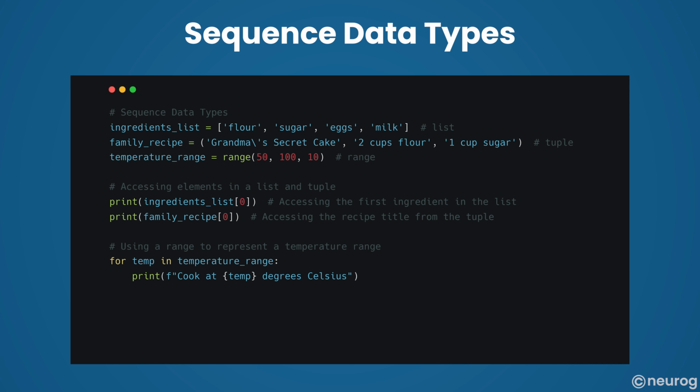Now let's explore sequence data types using a Python example. We create an ingredients list as a list containing various ingredients and a family recipe as a tuple representing a secret cake recipe. We also have temperature range defined as a range. You can access elements in a list and tuple, as well as iterate through a range using a for loop, which